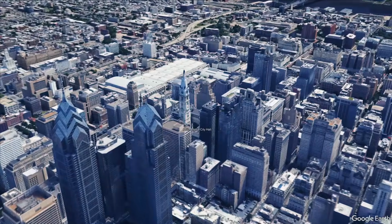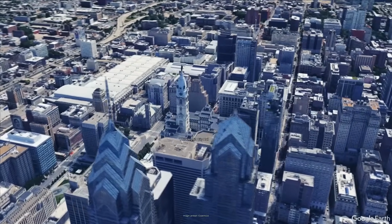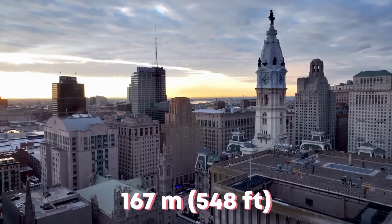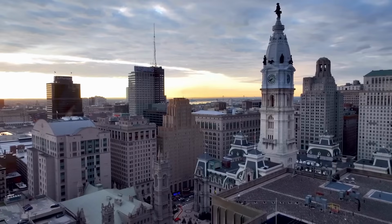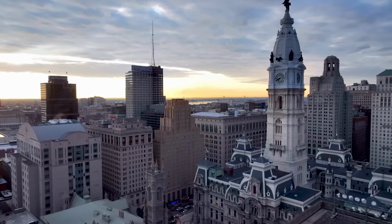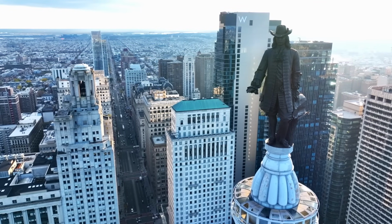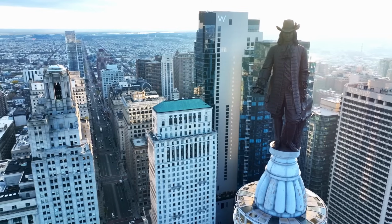In the heart of Pennsylvania, in Philadelphia, rises a clock tower of astonishing size. At 167 meters or 548 feet, it held the title of the tallest habitable building in the world from 1901 until 1908, and it remains one of the tallest masonry structures ever built. Topped with a 37-foot or 11-meter bronze statue of William Penn, this tower blends Renaissance Revival architecture with the spirit